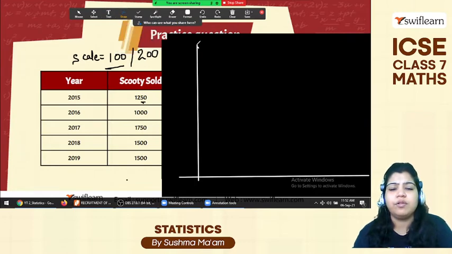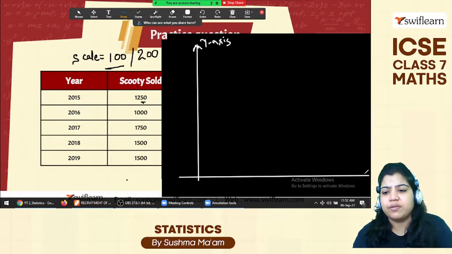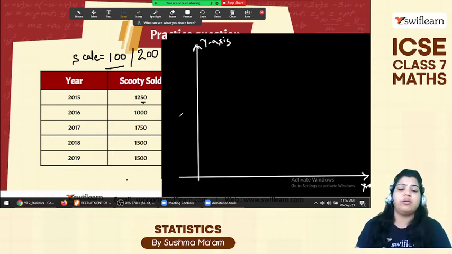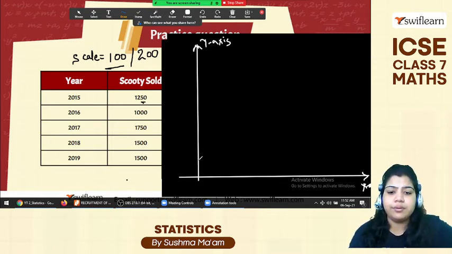Okay, so this one is your y-axis and this one is your x-axis. Okay, so one scale I'll take it's 100, so surely I will draw here. Okay, let's take 100,